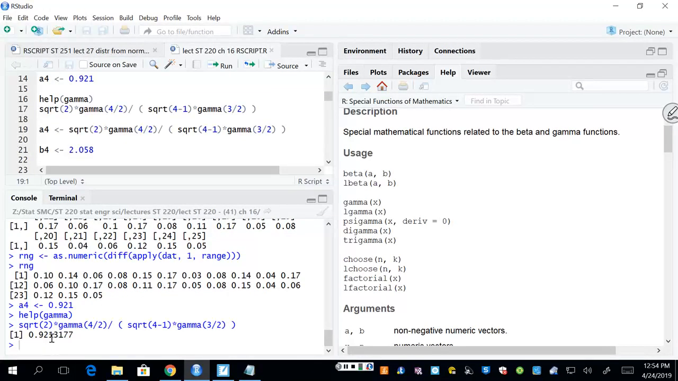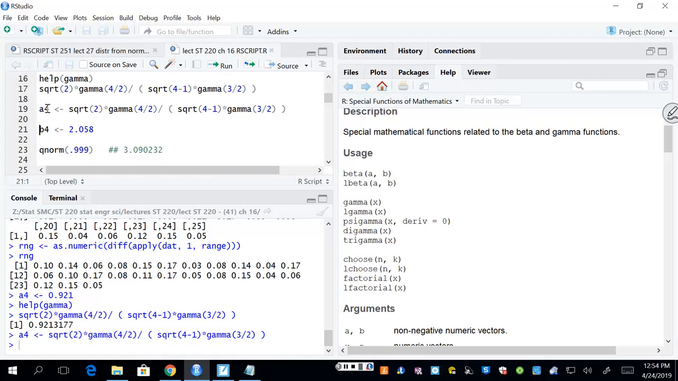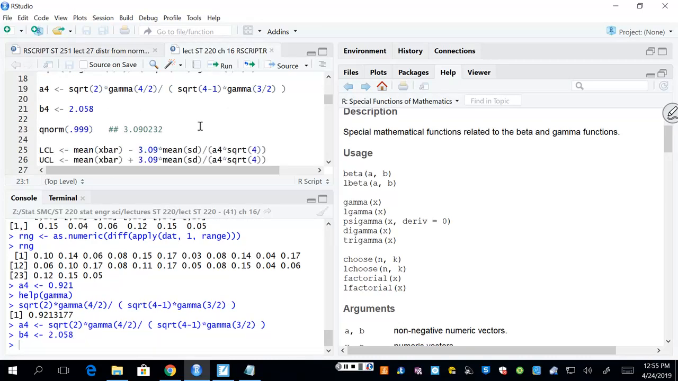And it's 0.9213, so there's a little bit more. I'm going to be all precise here, and my A4 value, I'm going to make that. We're going to do something shortly with ranges, and there's another set of values for adjusting those. So that's what that is. Now